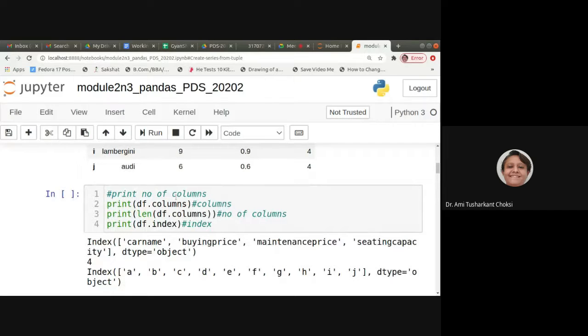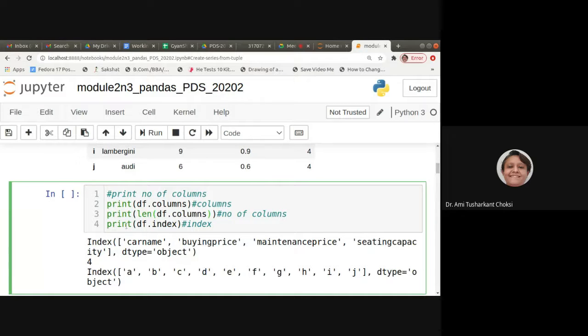If we want to print the columns of the data, we can use df.columns, whatever columns are there with us. If we want to find the number of columns, we can use len of df.columns.